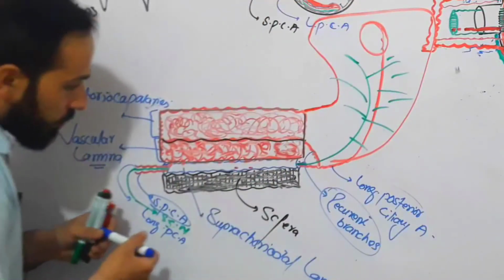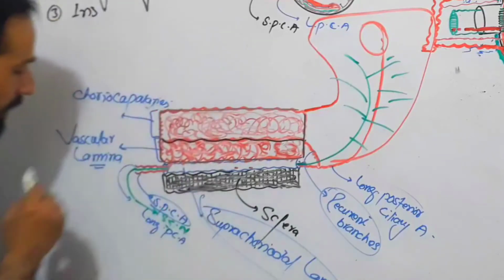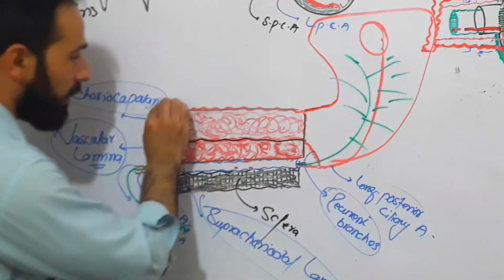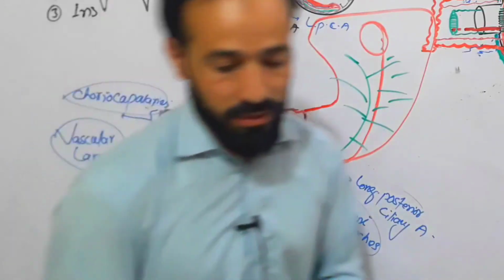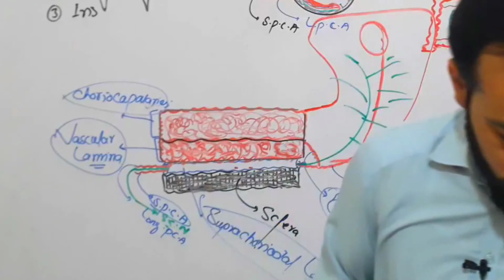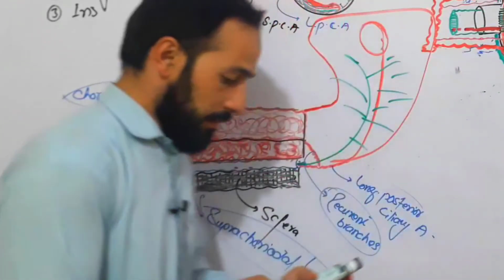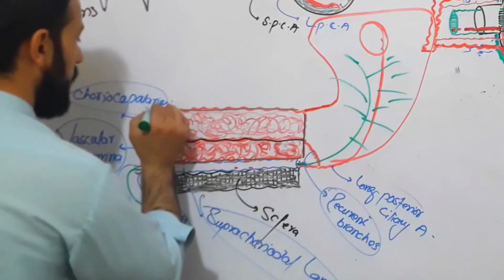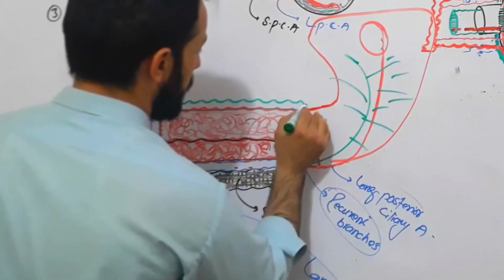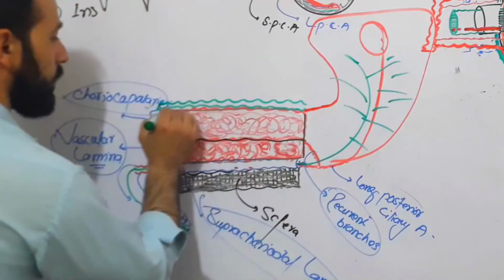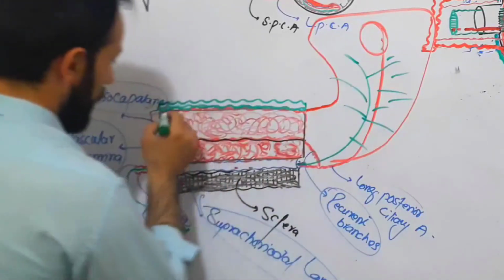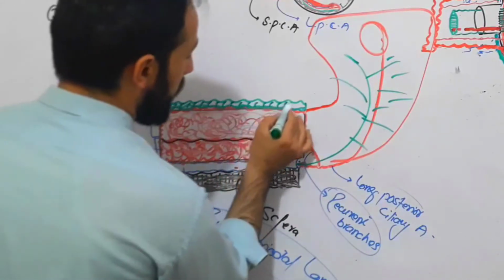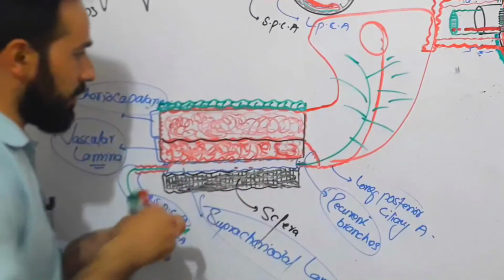Done. So we discussed the suprachoroidal lamina, the vascular lamina, and the choriocapillaris of the choroidal layer. Now the layer above the choriocapillaris, which plays a very important role, is the inner basal lamina, right? Which layer? The inner basal lamina here. And this is also a very important layer of the choroid. So this is your inner basal lamina. Let me name it here.